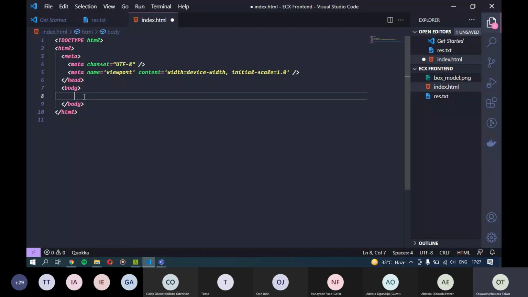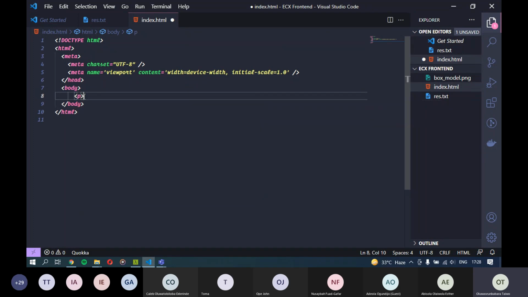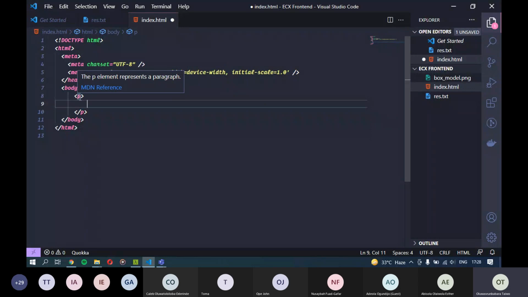If I have a text that I want to display inside of the browser, we have something that we call a p tag. As you can guess, since we are talking about text and I said p, the p tag means paragraph. If you hover over it, you can see it's giving us hints. The p element represents a paragraph.